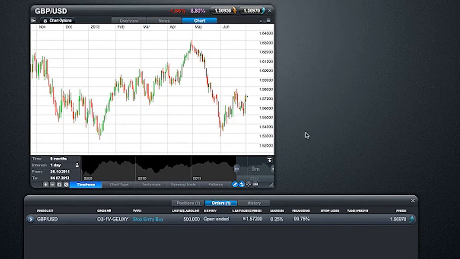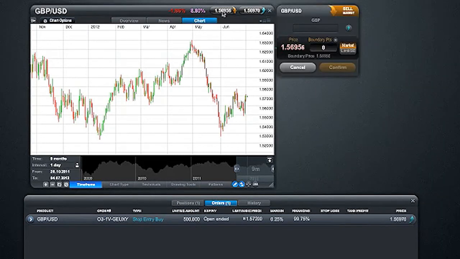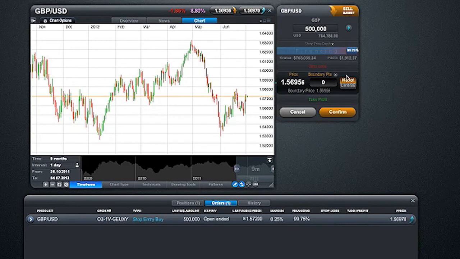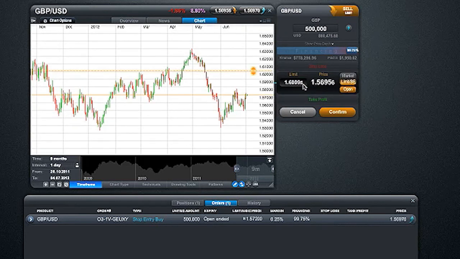To enter a sell order, we do exactly the same thing on the sell button. We bring up the normal order ticket, place in an amount and hit enter. We then change the price from market to limit order. And once again, if we do see a rate cut and if we see stimulus with it, it's very likely sterling will fall.